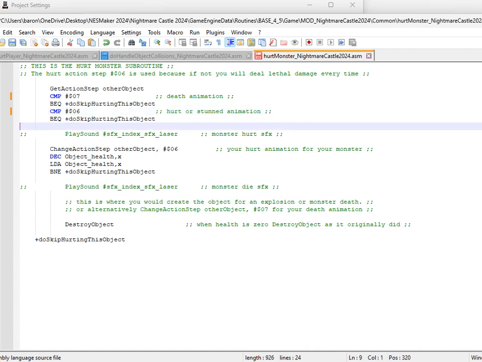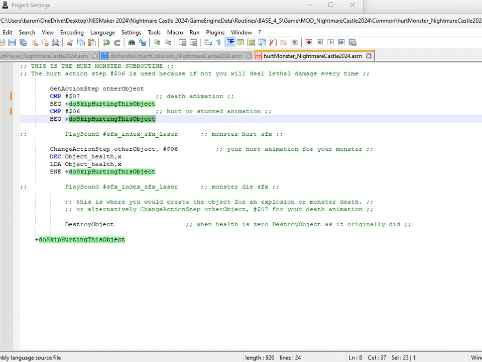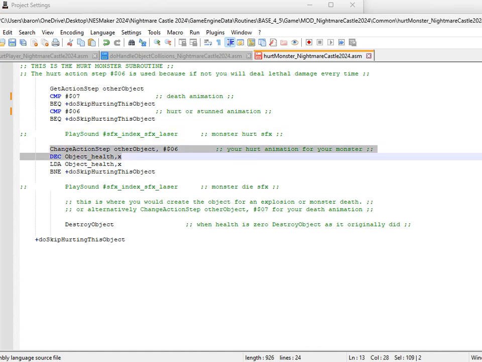If it's in the death animation, it goes down here, where there's absolutely nothing, so it doesn't take any damage. Same thing with the hurt. If they take damage, change action step to 6. We use the other object because if you go into